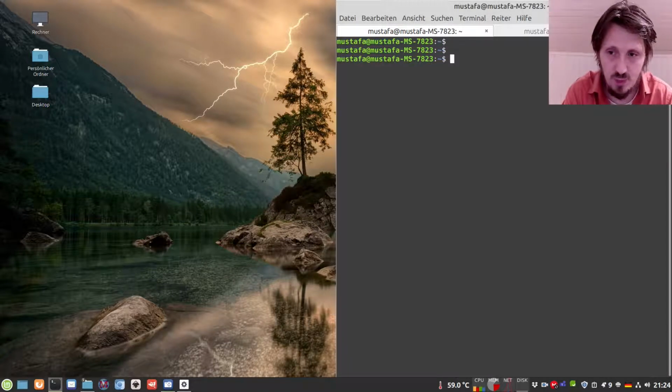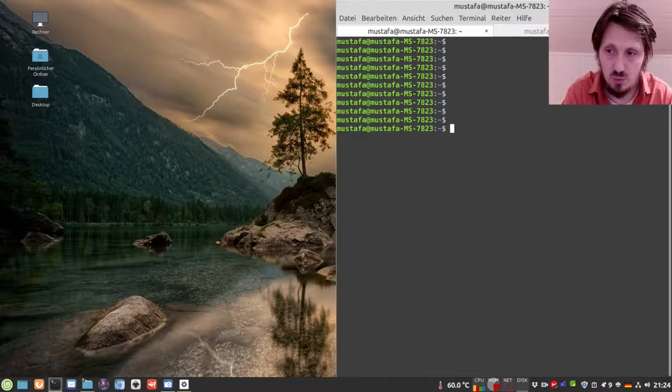So in order to do that, we only need to open a new HTML file. If you use Windows, you can just create an empty file with the ending HTML, and then you can directly open it in your web browser. Or you can use Linux, as we are using it now in my case, where you can use the terminal to create a new HTML file.